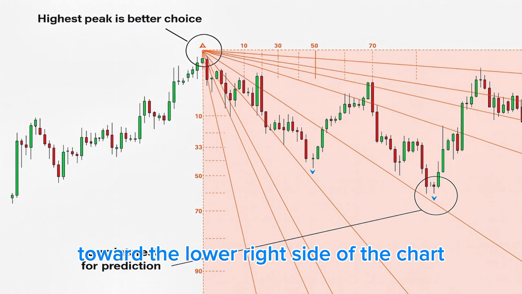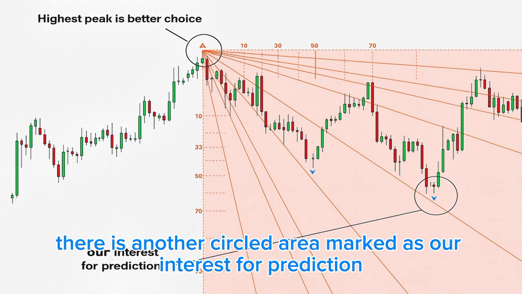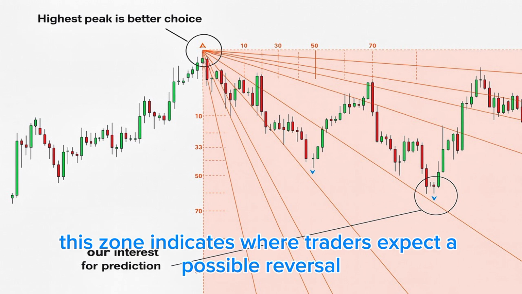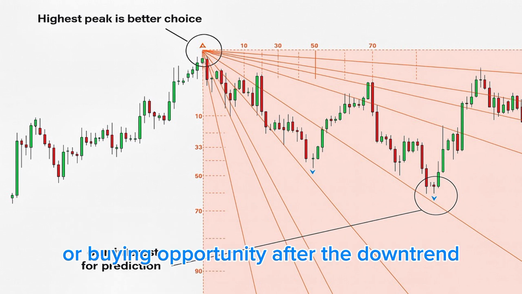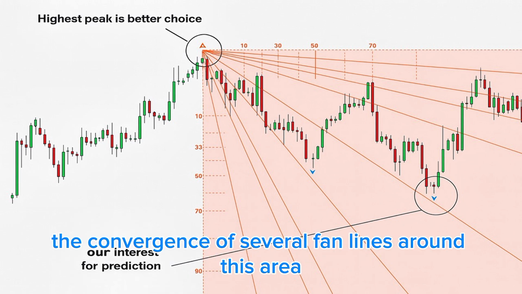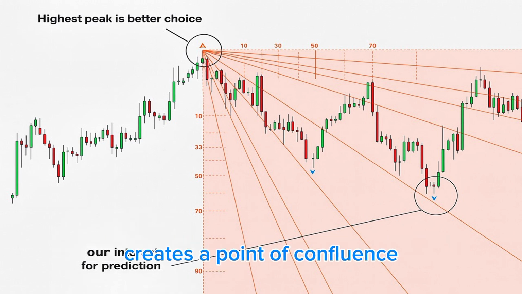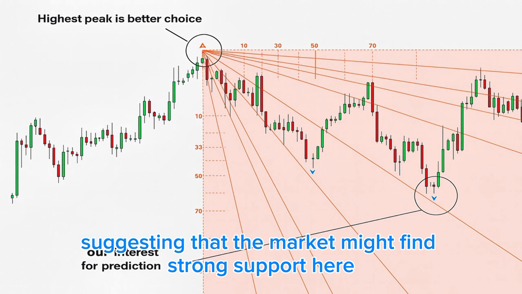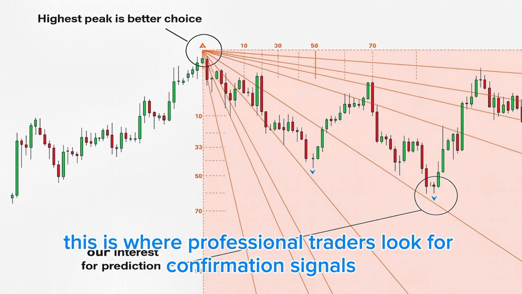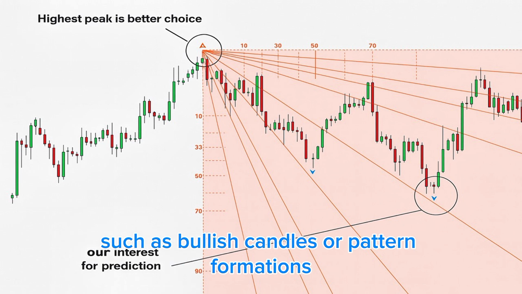Toward the lower right side of the chart, there is another circled area marked as "Our Interest for Prediction." This zone indicates where traders expect a possible reversal or buying opportunity after the downtrend. The convergence of several fan lines around this area creates a point of confluence, suggesting that the market might find strong support here. This is where professional traders look for confirmation signals, such as bullish candles or pattern formations, to